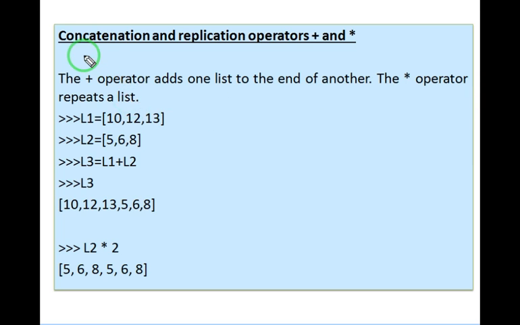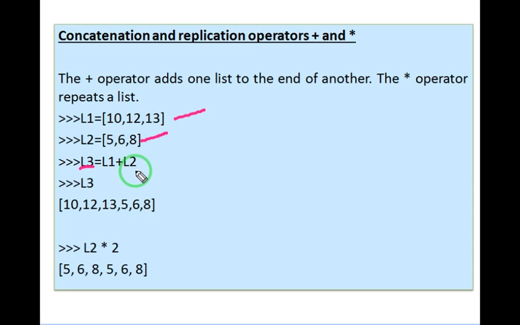Next is your concatenation and repetition operator. Your plus is your concatenation operator and the multiplication star sign is your replication operator. Concatenation means to join. If I want to join two lists, suppose L1 has the values 10, 12 and 13, L2 has 5, 6 and 8, and L3 is a new list where I have written L1 plus L2.